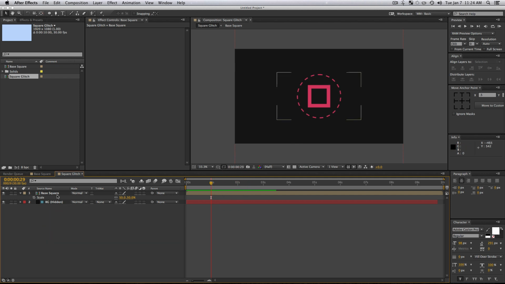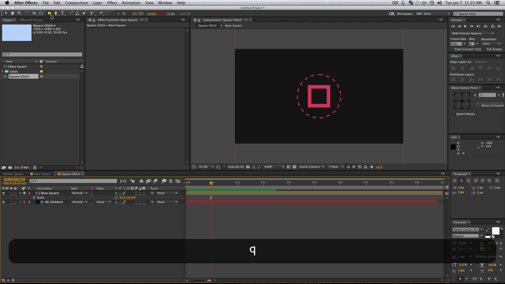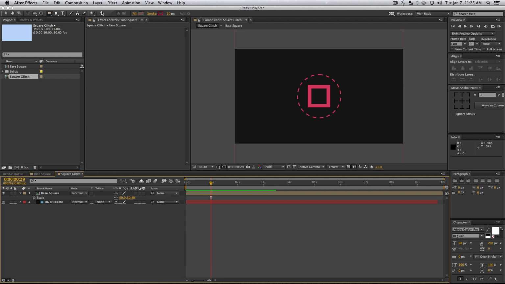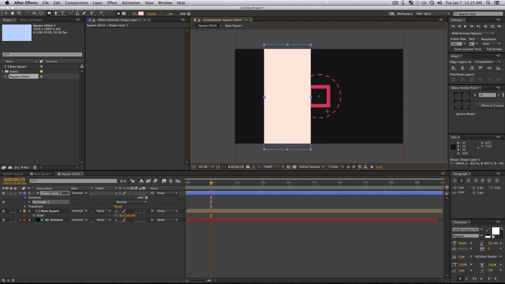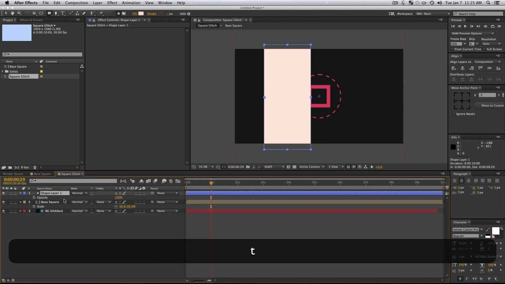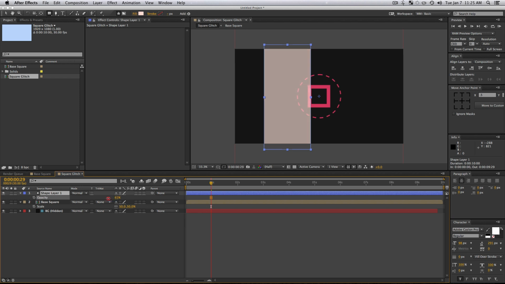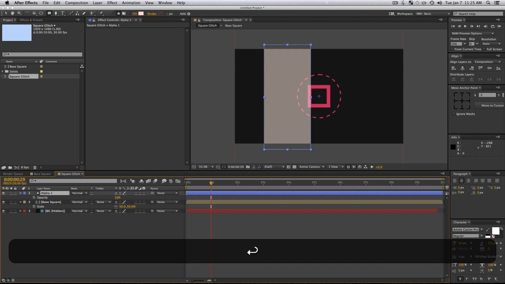Now I'm going to make sure none of my layers are selected, because we don't want to create a mask on them, and press Q on my keyboard to cycle through my shape layer objects until I get the rectangle tool, or I can just click and hold and select the rectangle tool. Let's click our stroke and pick no stroke and pick our fill, and we are going to set our fill to really any color. It doesn't matter. Just drag something out in our comp. It doesn't matter that much right now. Press T on your keyboard and turn your opacity down to about 50. I'm going to call this alpha 1.